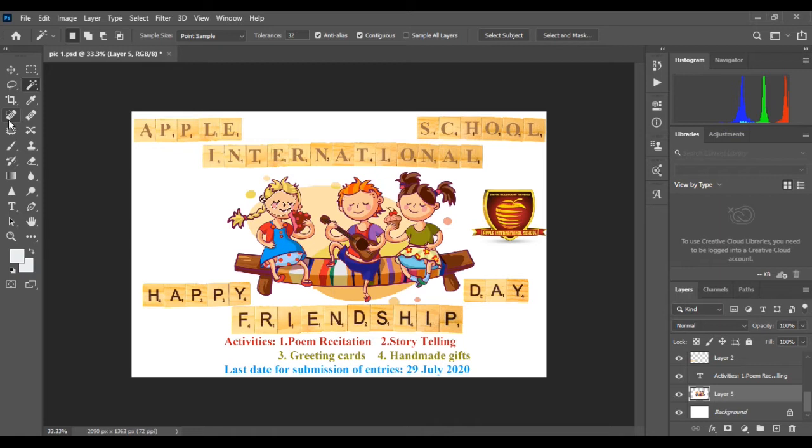It is used for removing wrinkles and skin blemishes. Patch tool, it repairs imperfections in the selected area of the image using a sample or pattern.